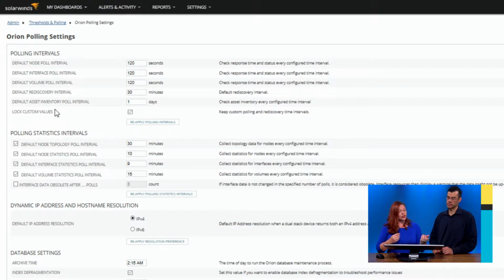Your rediscovery is actually going to be an SNMP poll that's going to go out there. So if you're going to do a rediscovery, like your SAM components, things like that can be updated because a lot of the times you have those set up at a little bit of a different time. When we have the statistic pollings, that's SNMP, so that's your 10-minute settings that you have there. Your topology, that's going to be the topology of your layer 3 that you can click on there that's going to look at it. You can look at your statistical information for your node statistics, your interface volumes, your data obsolete after polls.